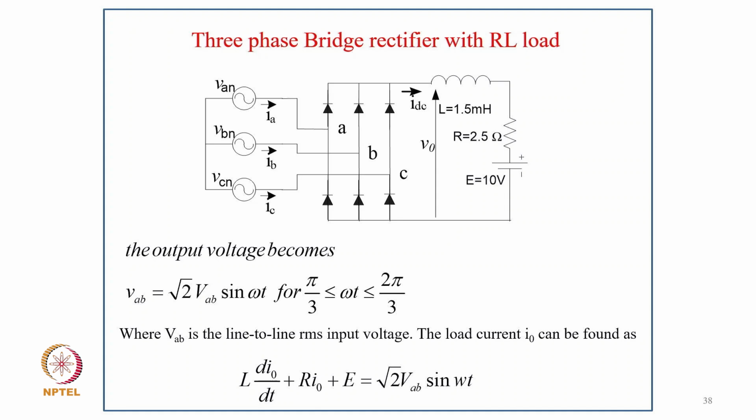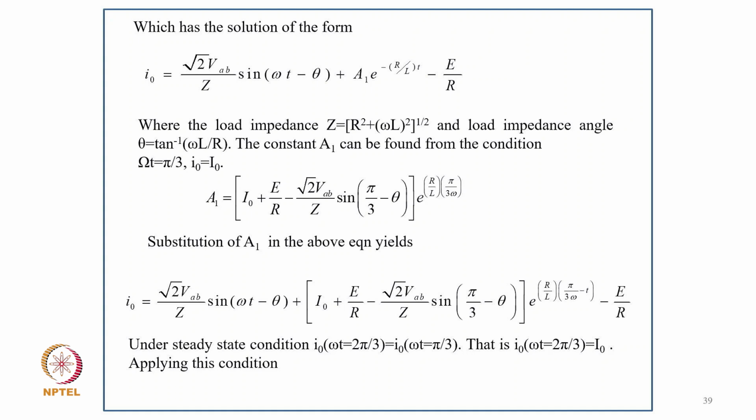So now coming to the 3-phase rectifier with RL load. RLE load, you can see in the diagram. So the output voltage becomes VAB equal to root 2 VAB sin omega t over pi by 3 to 2 pi by 3, where VAB is the line to line RMS voltage. The load current I0 can be found out from L dI0 upon dt plus R I0 plus E equal to root 2 VAB sin omega t, which has a